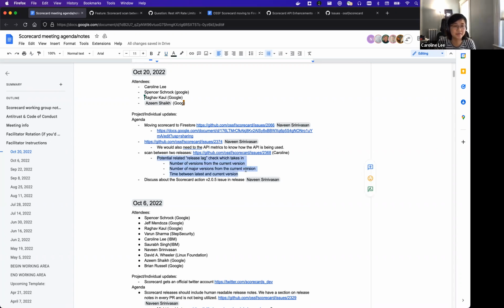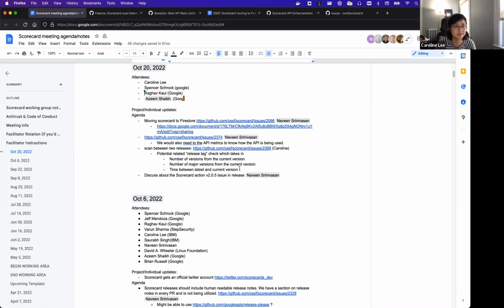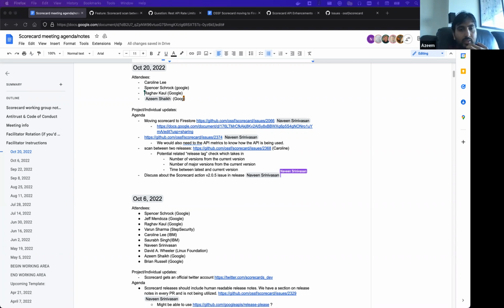I know it's not super conventional since Scorecard usually assesses the repo as a whole. That was something I just wanted to bring up. I didn't want to put down an issue yet; I wanted to get your thoughts before I did that. Do you mind just walking me through the API again? When you say release lag, is this that the user inputs the current release that they are using, or